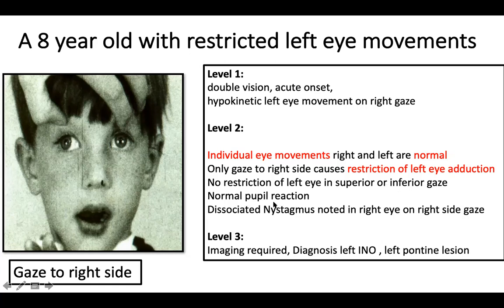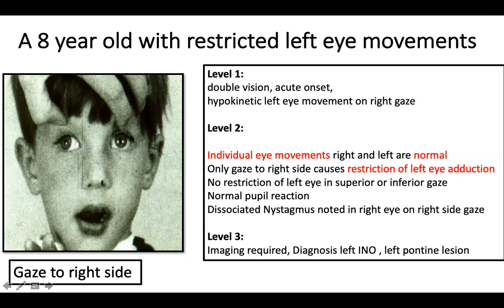There is normal pupillary reaction, and there's a dissociated nystagmus on your right eye on abduction. This eye has some small nystagmus, and this eye has a medial adduction deficit. So this sort of unusual manifestation, in which monocular palsy is not present, but when you're looking for conjugated gazes, there is a palsy, is seen typically with your internuclear ophthalmoplegia because of involvement of the medial longitudinal fasciculus. So in this situation, the child is having a left-sided INO.